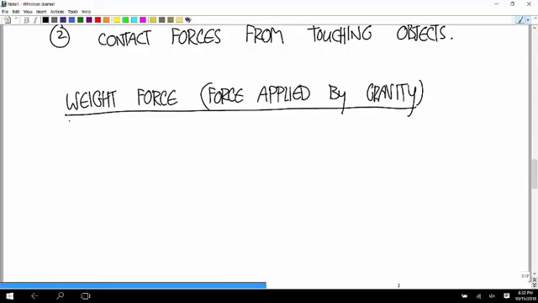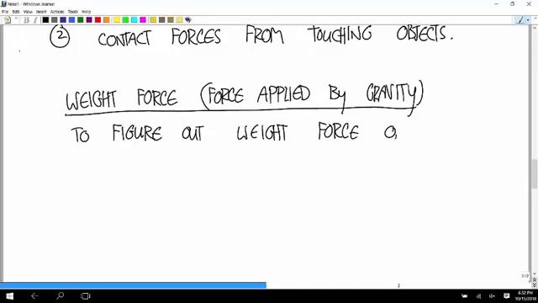And we're going to be able to figure out what the weight force is applied to an object by analyzing an object that's in free fall. So to figure out the weight force on an object,